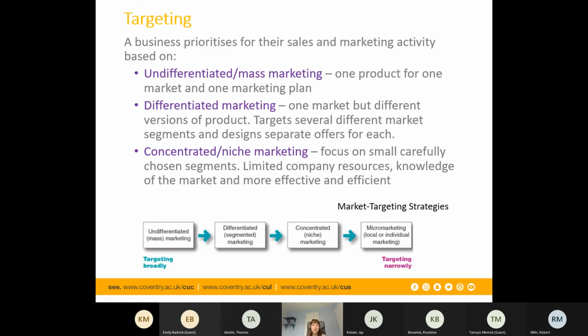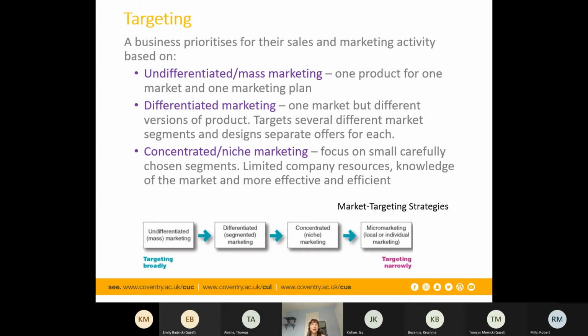Okay, so differentiated, this is where we are looking at potentially one geographic market, but we might go for different flyering for lunchtime menus, which I think would work really well. So you've got a fixed price, fixed menu. You might even say within 30 minutes, no, within 5 minutes the food is brought to your table, especially if you're encouraging people to order through apps, or faster than that, and it's just coming to their table and they've got everything sorted. So you could differentiate for different markets, but in the same geography.